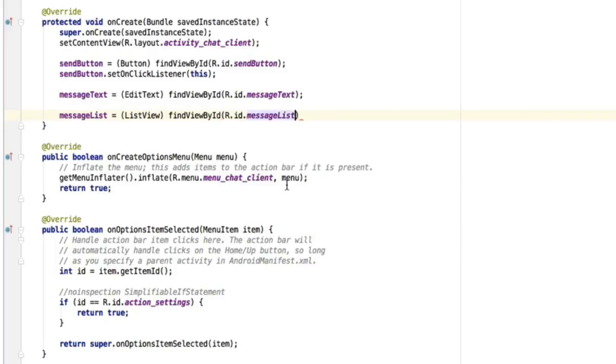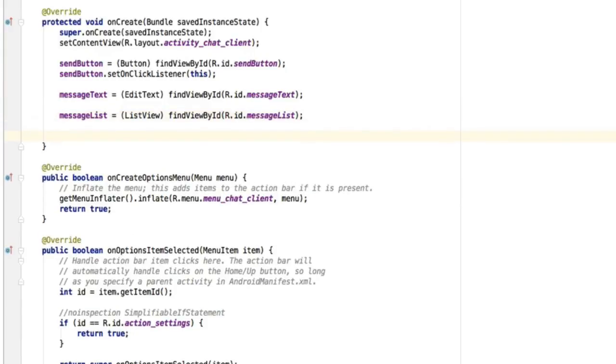Message list. So now we have access to the list view. So I'm next going to create